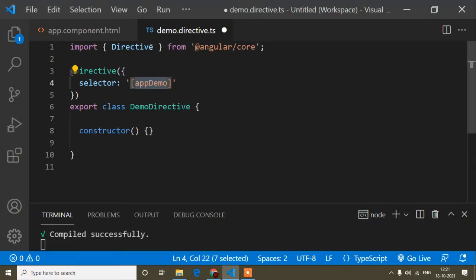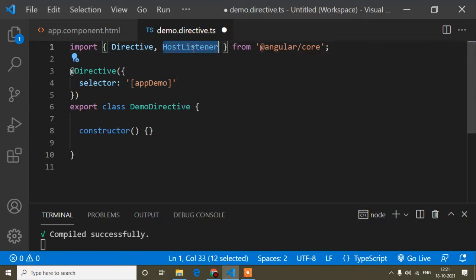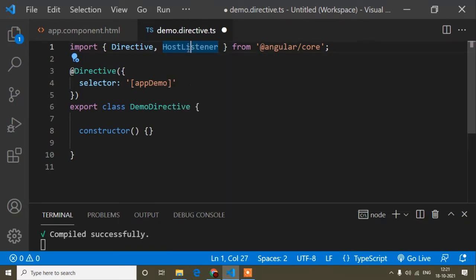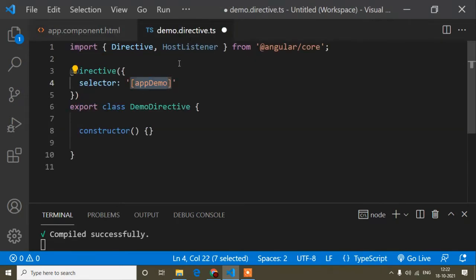So how? Here I just have to import HostListener. What does HostListener do? This is the decorator, and it listens to the events of our host element. How will it be processed? Here this is the directive. I called this directive inside this input field, and in this directive I used HostListener.